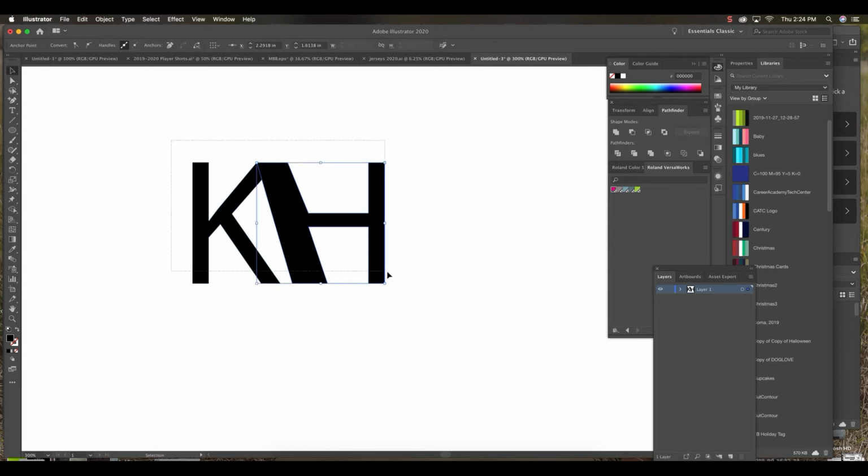Also, the other thing that I wanted to remind you about is the Shape Builder tool when you're creating your monogram. So if I wanted to combine these two letters individually into one big shape, I can use my Shape Builder tool by selecting both of those letters, choosing my Shape Builder tool, and then just dragging through, so that now when I select any of my anchor points, those two letters are combined together